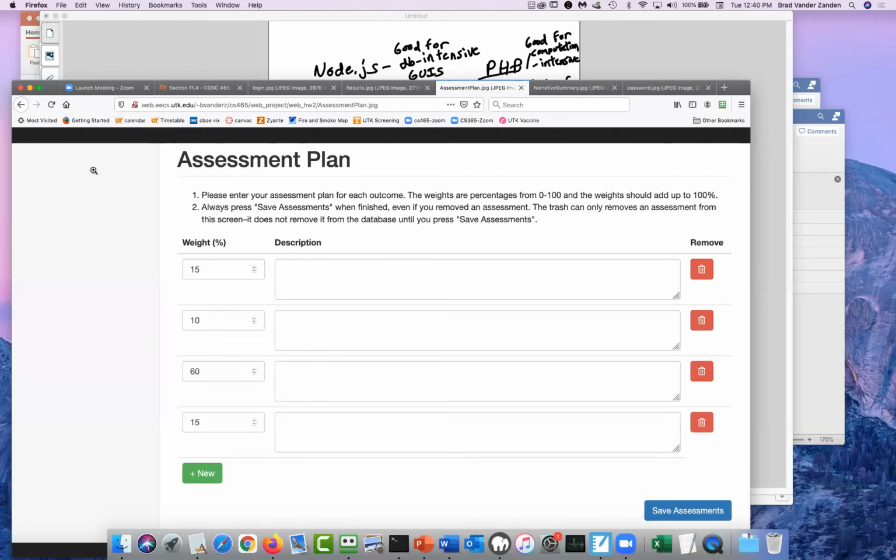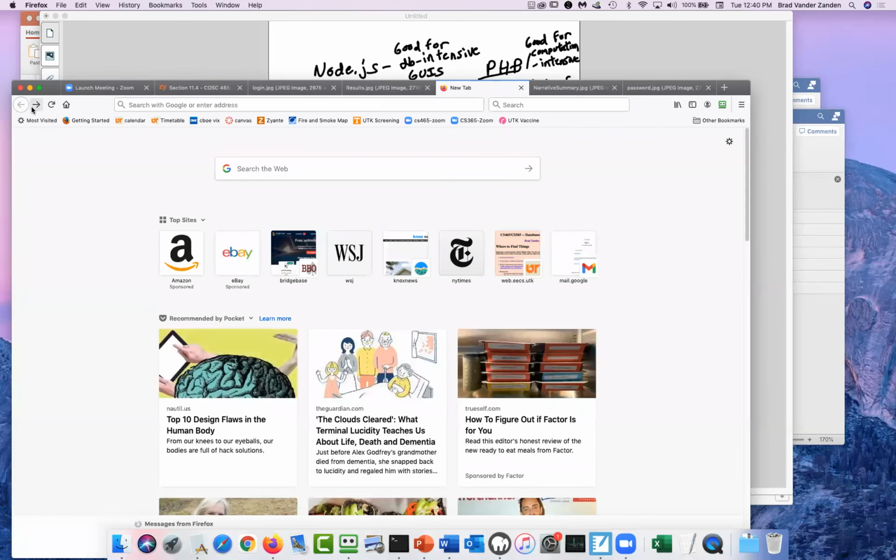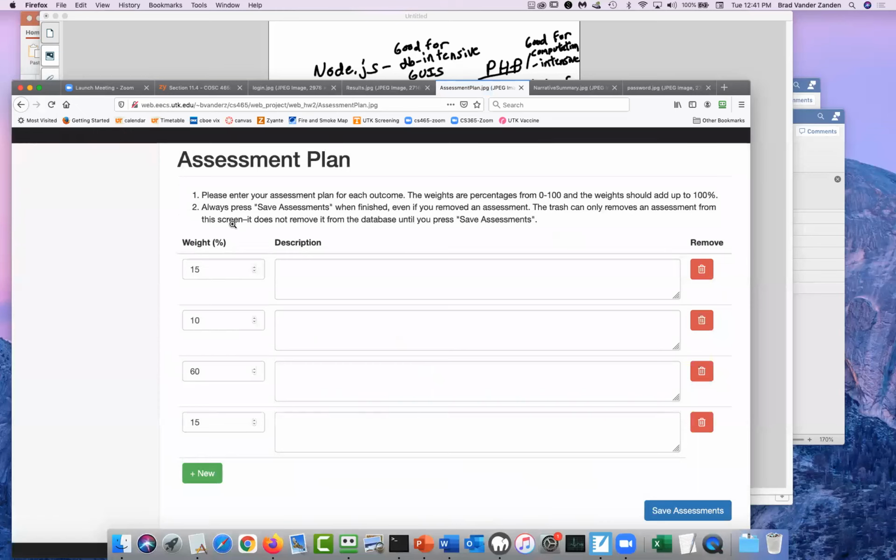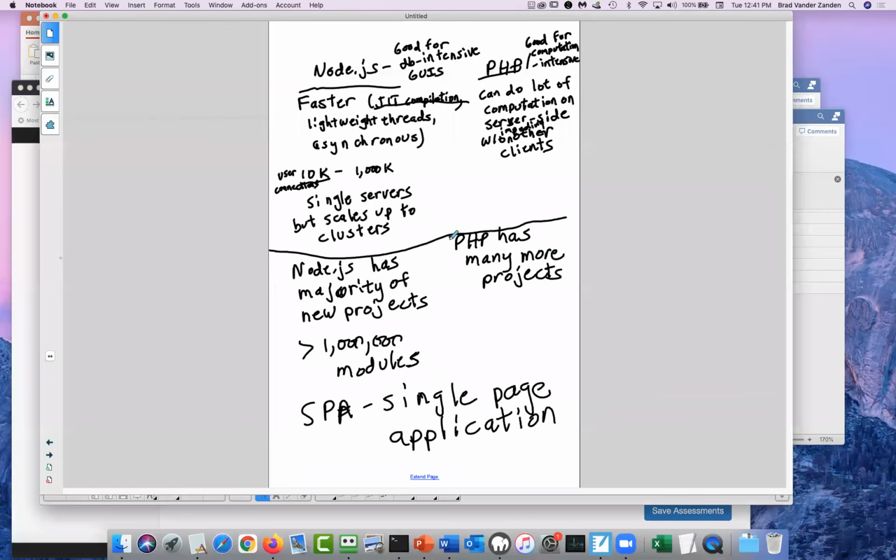if I did a full scripting languages course, then I would have spent half a semester also teaching you Node.js because I think it's important. But what dictates why I teach PHP still is because PHP still has many more projects, and you're more likely to end up on some project with legacy PHP code where you have to do a lot of PHP fiddling.